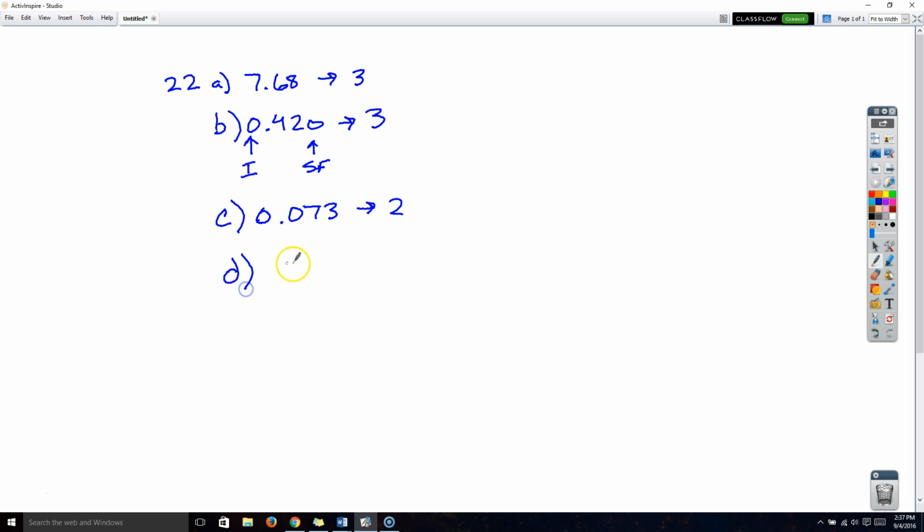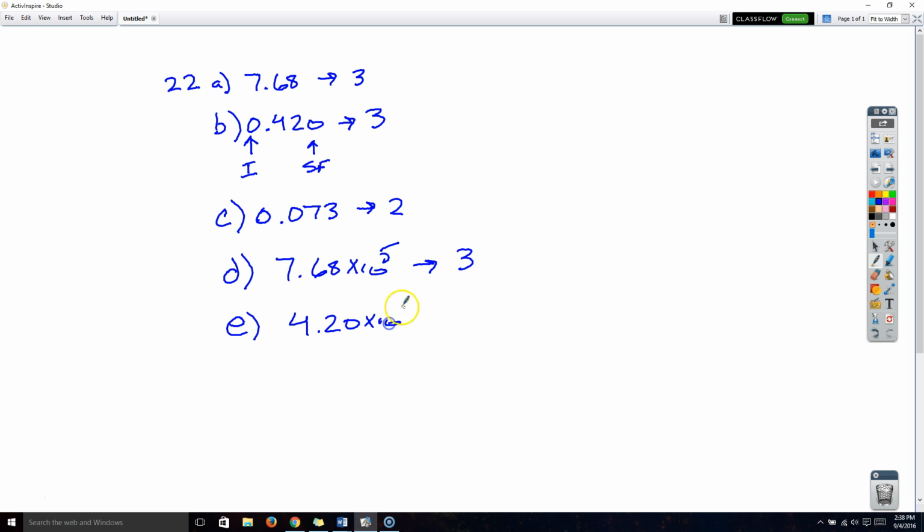For letter D, this number is 7.68 times 10 to the 5th, and our unit here is grams. This one has 3 significant figures because we ignore the times 10 to the 5th. That just tells us it's a placeholder kind of where all the zeros might be if we had them. So this one is 7.68, so there are 1, 2, 3 significant figures in it. For letter E,